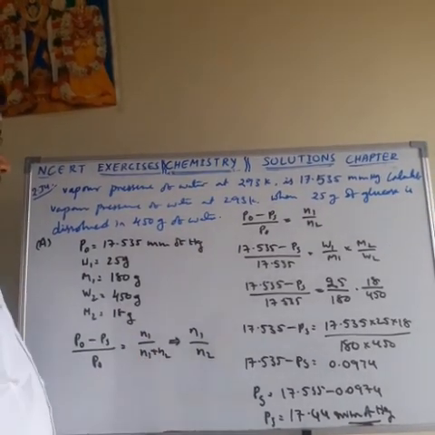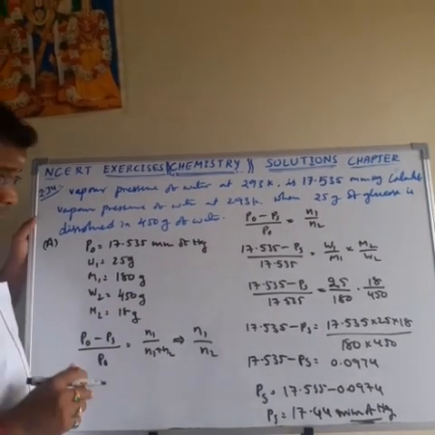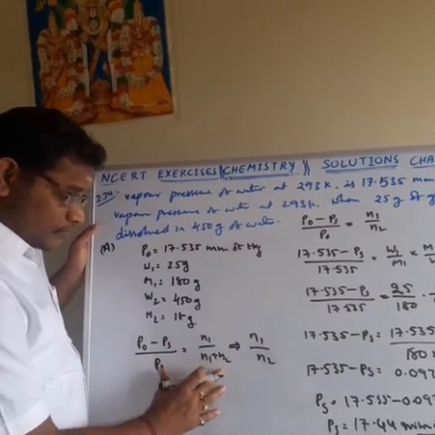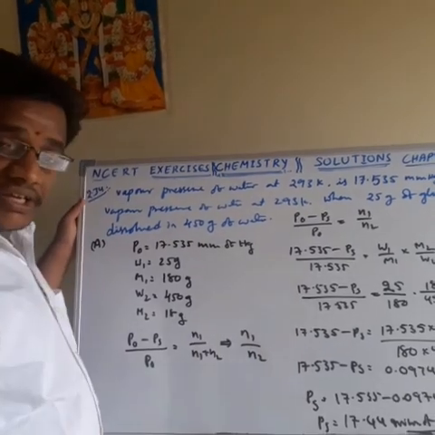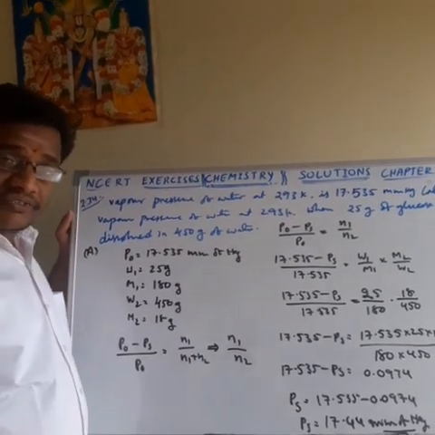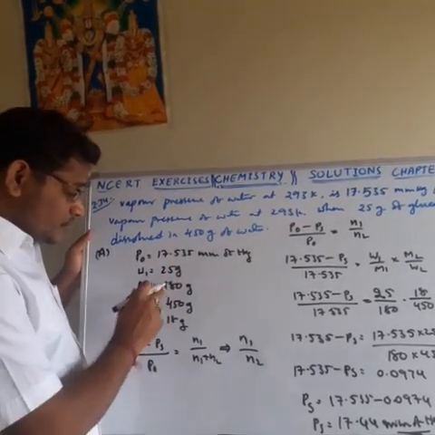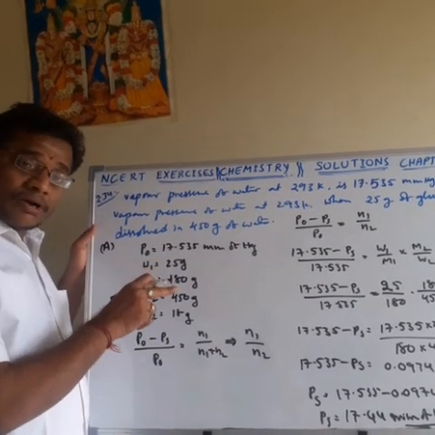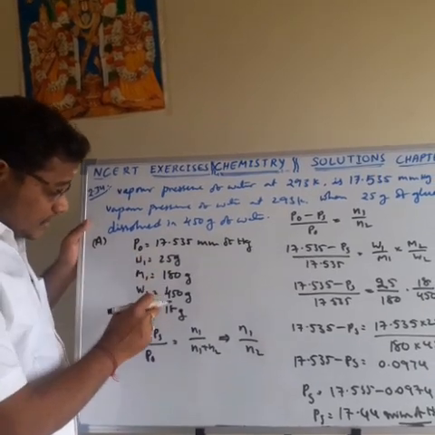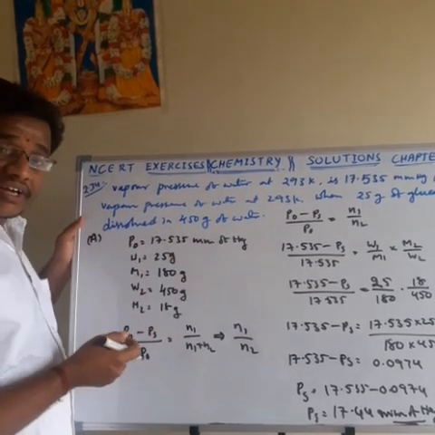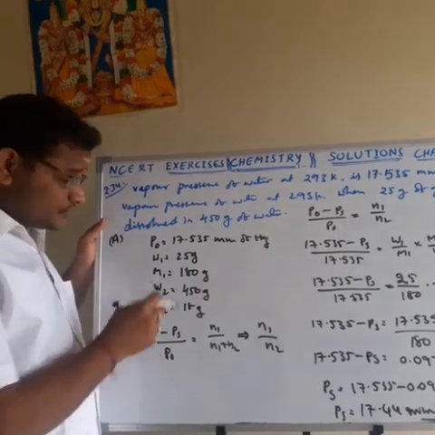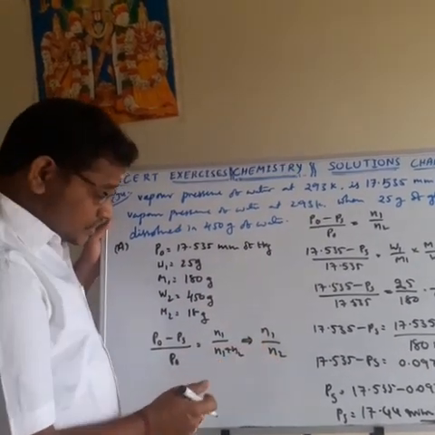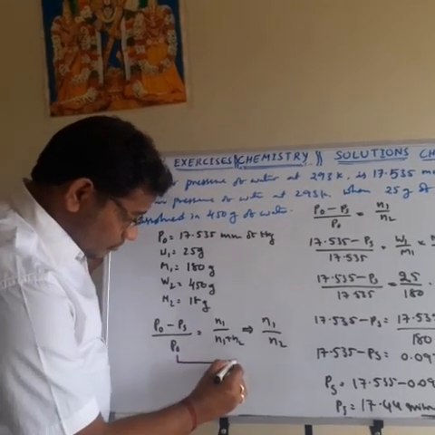So this is about the question. Here you have to remember one point: which formula we have to use. Both formulas will give approximately equal, almost equal values. There is a little bit of difference. But in this case, the number of moles of solute is very less, and the number of moles of solvent is more. So that's why using this one formula is better.